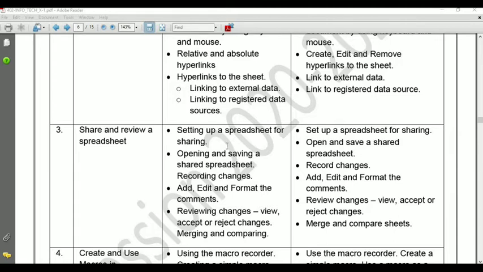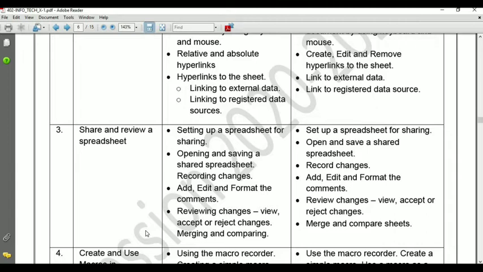Suppose that 4 members are working, like A, B, C, D. So A, B, C and D, these people want the same spreadsheet on her or his computer system. So for this, we need to share. Now again the question will arise: how will we share the same workbook with all the members? If we share the same workbook through email, then multiple copies are generated.